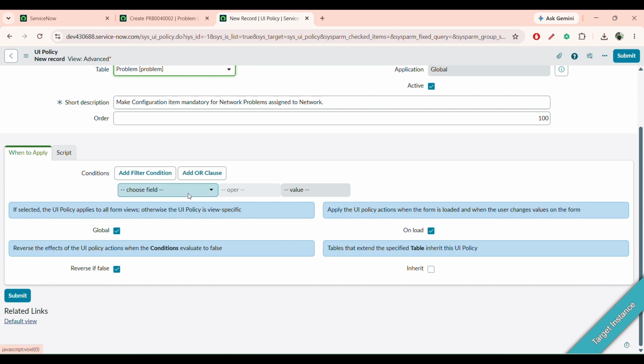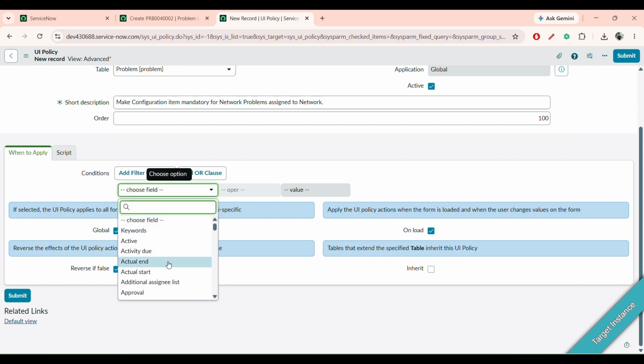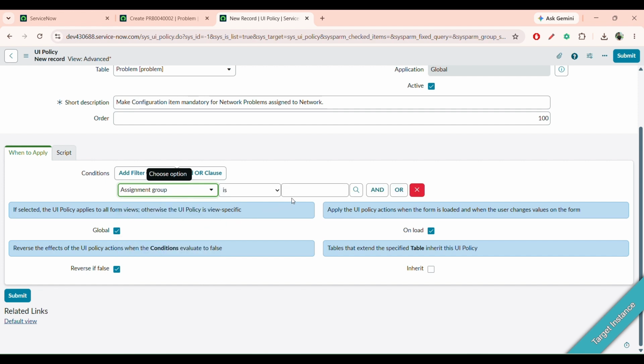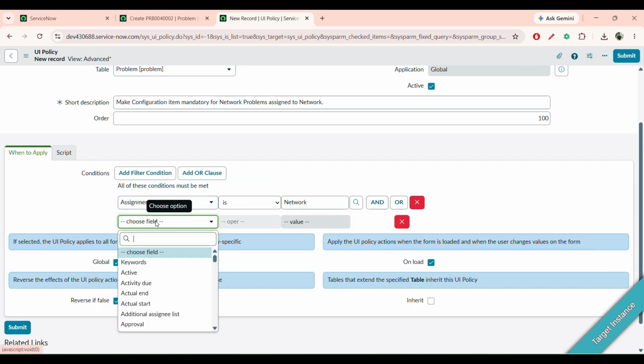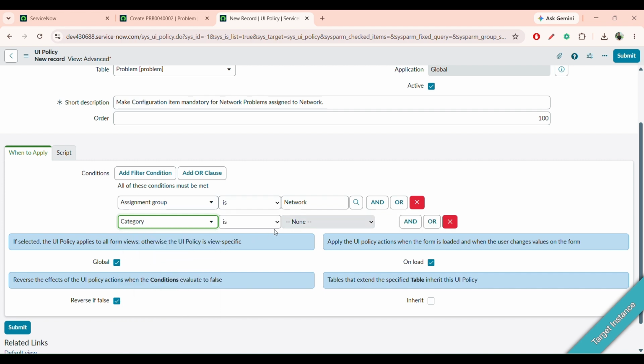So after that you get the conditional builder now. So what is this? Assignment group should be network and category should be network. Okay. So you have set the conditions now. Just save the UI policy